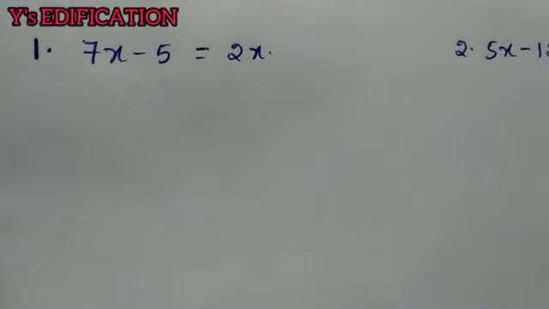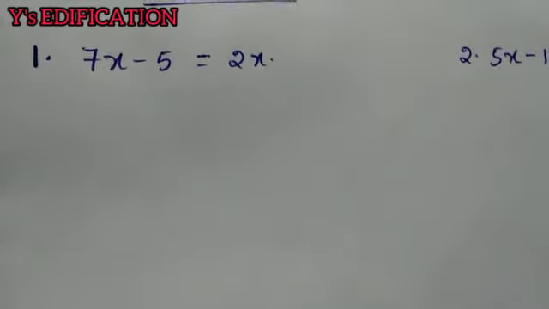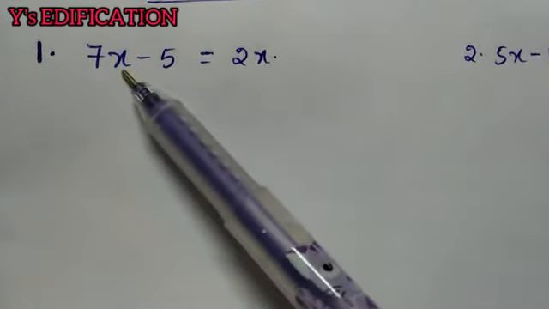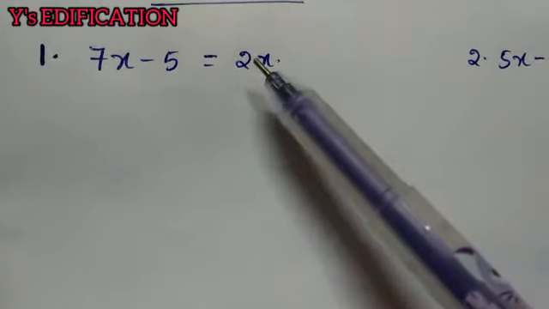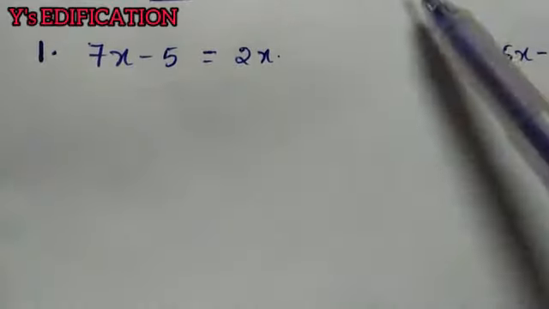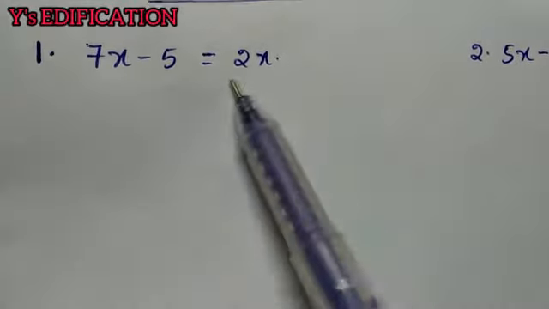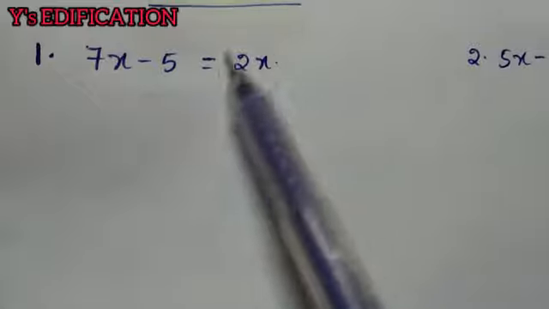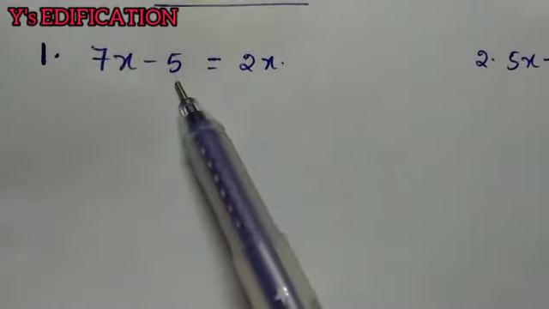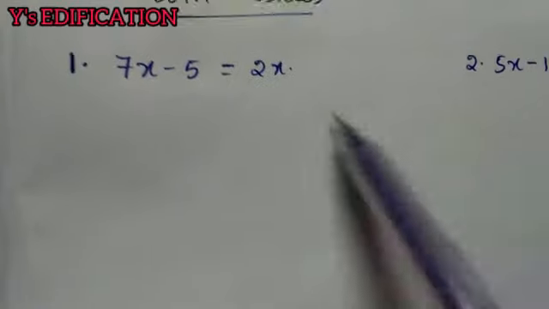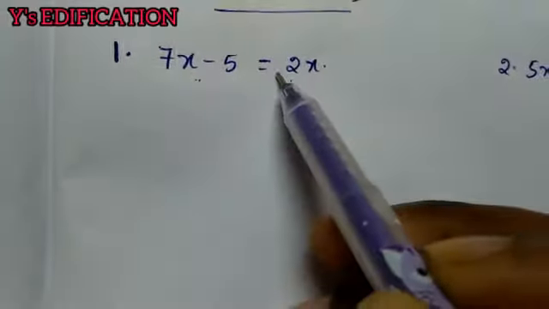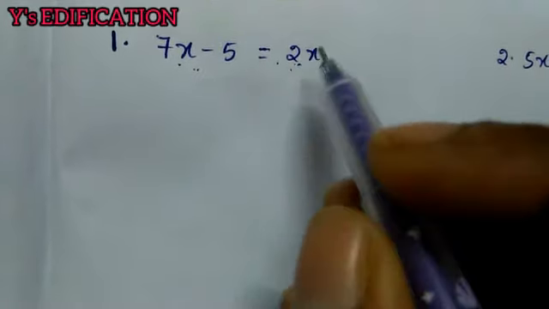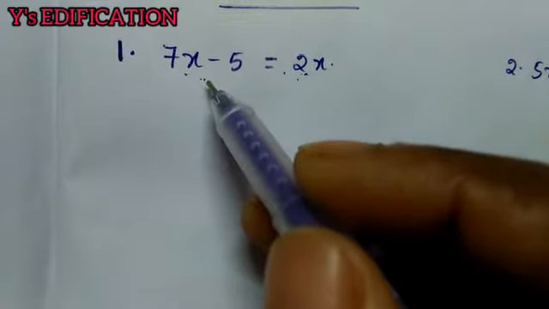Okay, so here we are seeing 7x minus 5 is equal to 2x. So what is a variable here? x is a variable. So here 7x is in the LHS side and 2x is in the RHS side. So how to solve this? First, we have to write all the variables on one side, either in the LHS or RHS. All the variables should be on one side and the numerals should be on the other side. So now I am separating both the LHS and RHS in a way such that all the variables will be on one side. So this is a plus 2x, so I am going to shift this to LHS side.